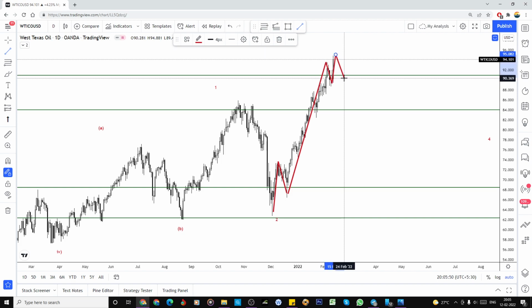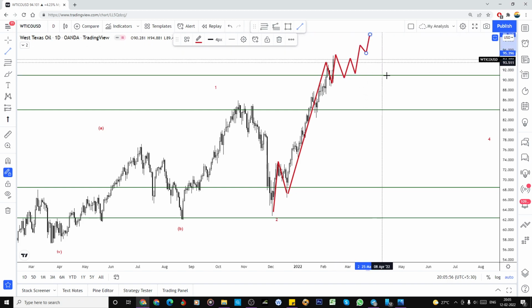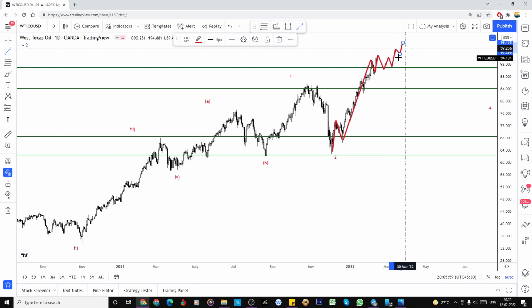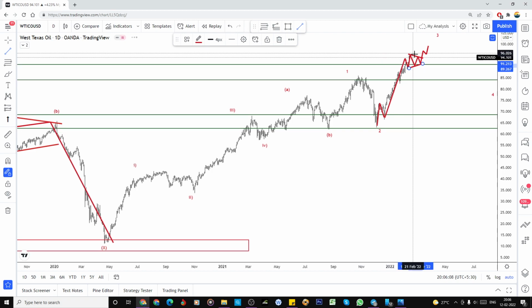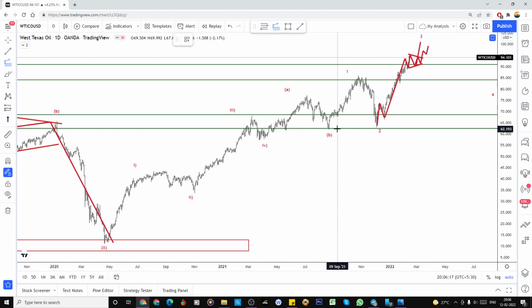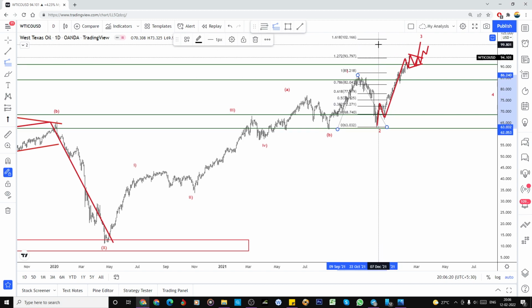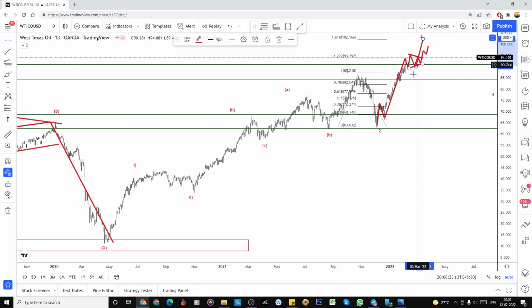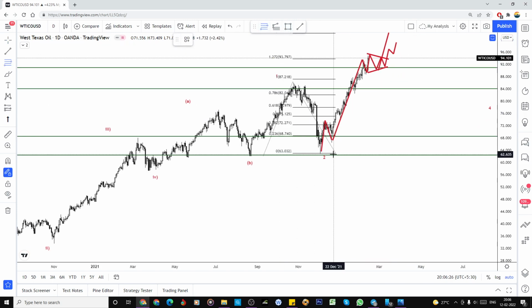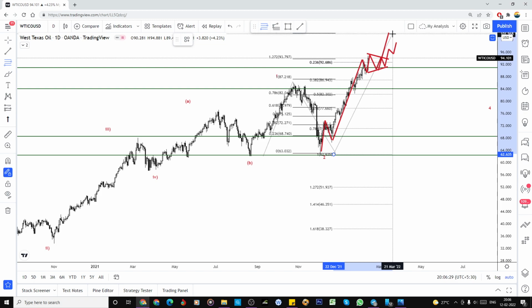I'm looking for somewhat of a triangle or irregular flat formation here, and one more ABC to reach 98 to 101, I'm expecting. So this one could be a triangle, 1 2 3 4 5, or from here it can shoot as an irregular flat formation, and then the third wave can complete. If we project this as a 1 and rejection as the second, I'm expecting 101 or 102 to complete the third wave, and later the 38.2 retracement from that 100 to 102, right? Yeah, 102, nearly 23.6 or